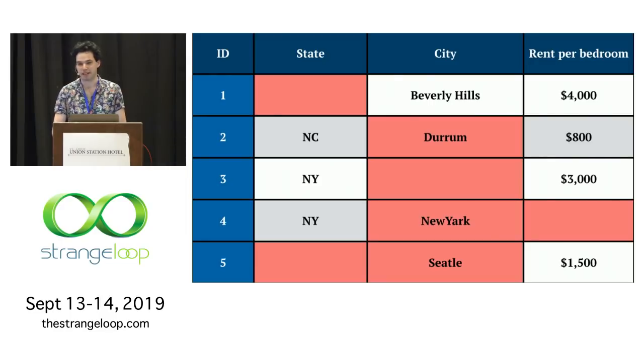A lot of the city names have typos in them, right? They're misspelled. And if you are familiar with the United States, you can probably pretty quickly see what we would have to do to make this a clean data table. Beverly Hills, we know, is in California. Seattle is missing a T, and it's in Washington. New York is not a city in New York State, but New York is a city in New York State. Durham, my hometown in North Carolina, is D-U-R-H-A-M, even though it's pronounced D-U-R-R-U-M.